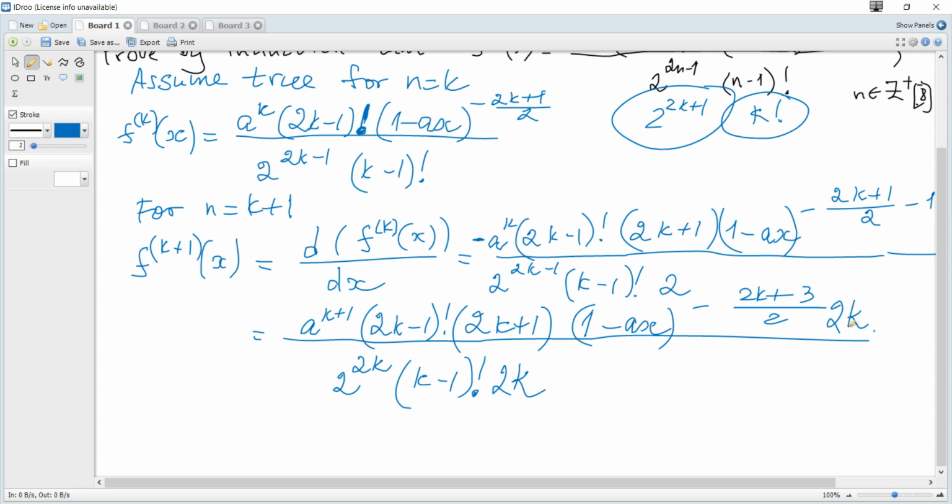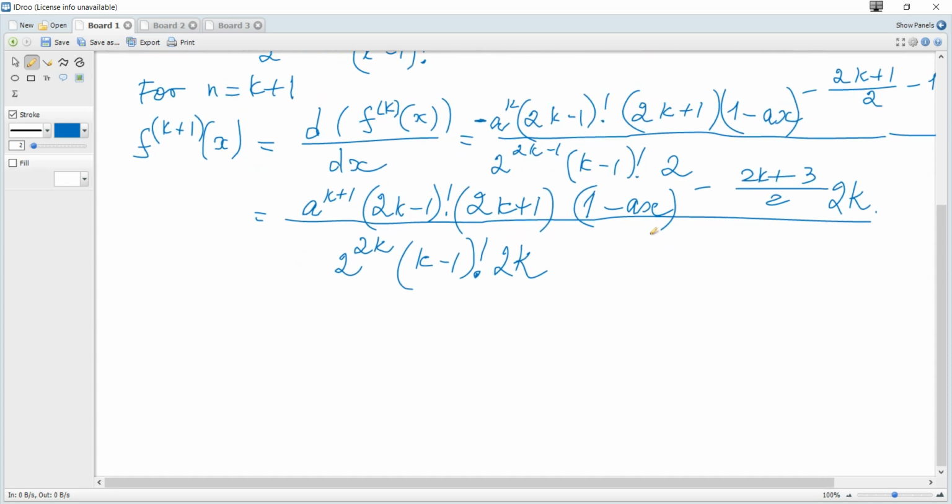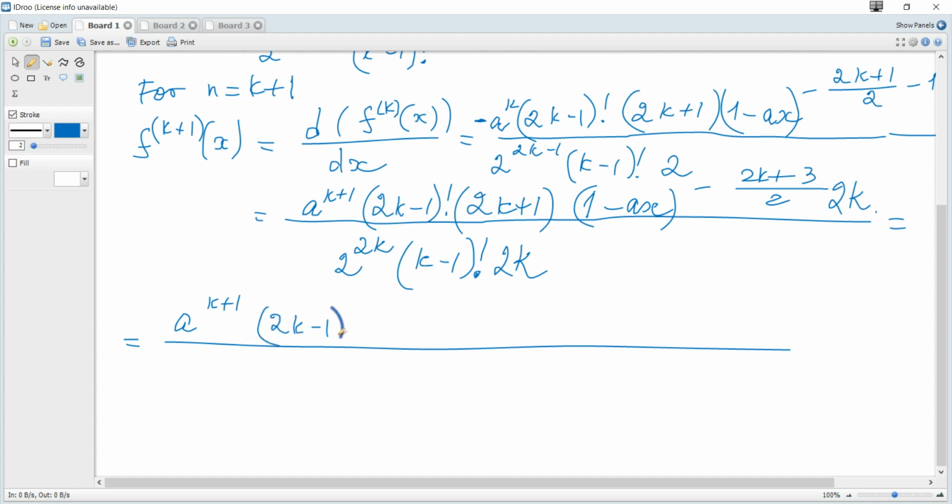So we multiply the numerator and denominator by 2k. And I rewrite, it's the same, 2k minus 1. I write this 2k here,